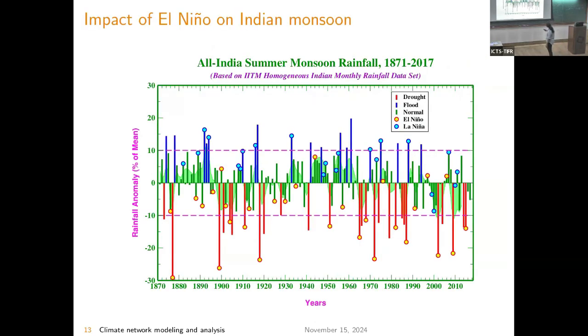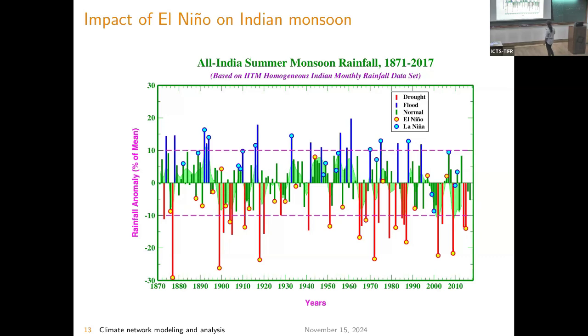So this is the rainfall anomaly, a slide taken from IITM. As you can see, the blue dots represent La Nina activity. These dots represent El Nino activity, and the red lines show drought-like conditions, when the rainfall is quite small. The blue line shows flood-like conditions, when the rainfall anomaly is quite high, and the green line shows